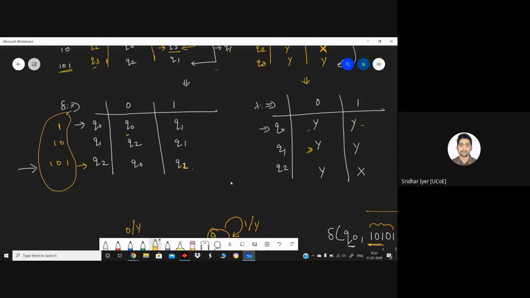You're thinking that already Q0 is having one and the input is 1 1. So there is no state for it, right? So don't go by that logic. We have already provided the logic in the upper table, in the above table. We have minimized the table and we got something like this. That is why I'm saying that you initially don't go with this on the left hand side. That's I have written for representation purpose to make things clear for you. The logic we have already provided in the above table. We have minimized the table and got something like this. So again, don't start applying logic over here. Otherwise, it will be a total blunder.